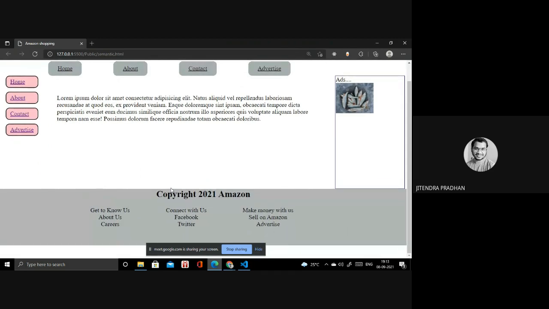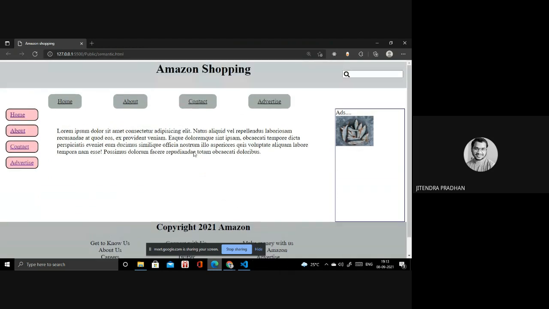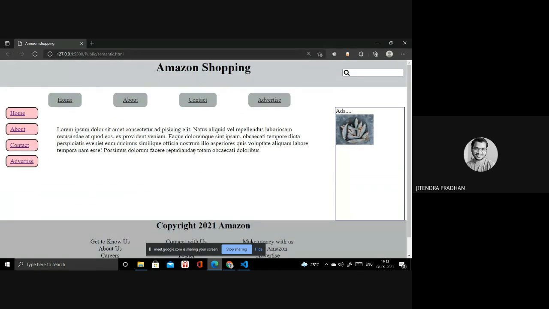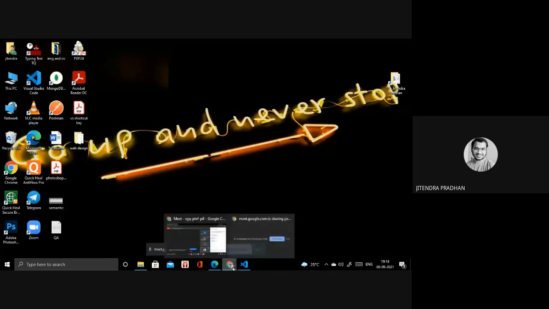If you want to use a color, white or pink or blue or green, whatever, then you can. Okay, this is not responsive web designing. We are designing a particular website by using semantic elements, whatever semantic elements we have. So I hope you got a decent idea about that. If you have any question, you can ask in the chat box as well.